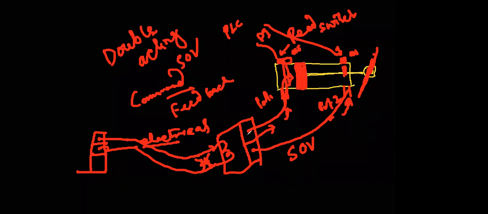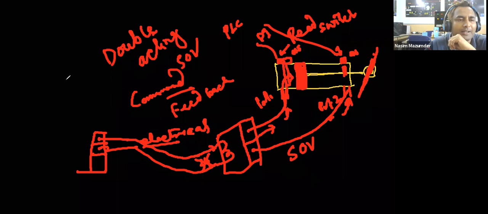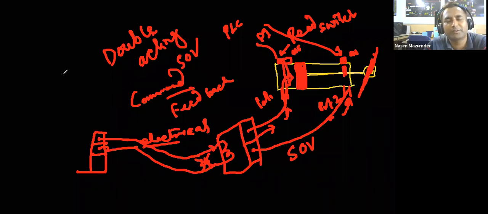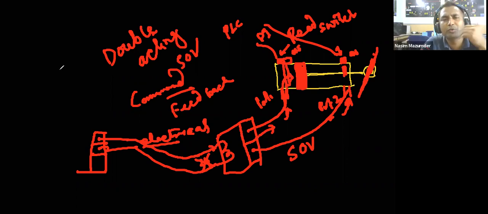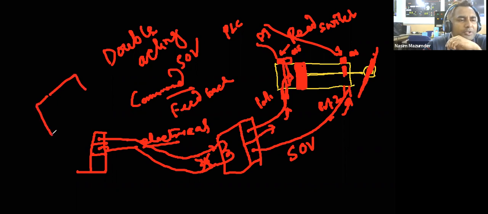Okay, there is nothing like that. Solenoid valves can be single acting or double acting. So single acting means what? If you are giving supply to the coil, then there will be a single port through which the air will be supplied. So a solenoid valve, suppose this is my solenoid valve, it will be having two ports.